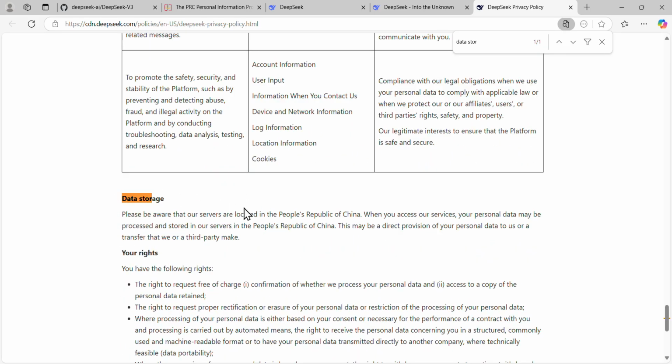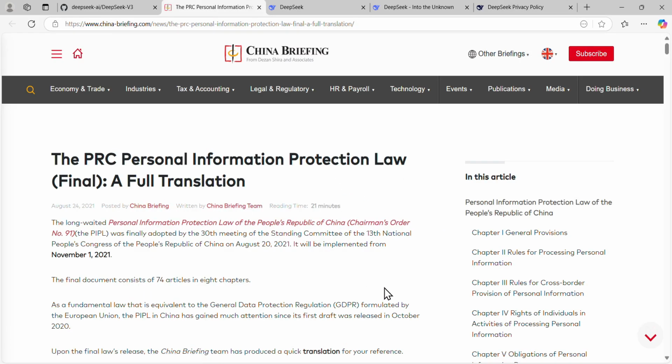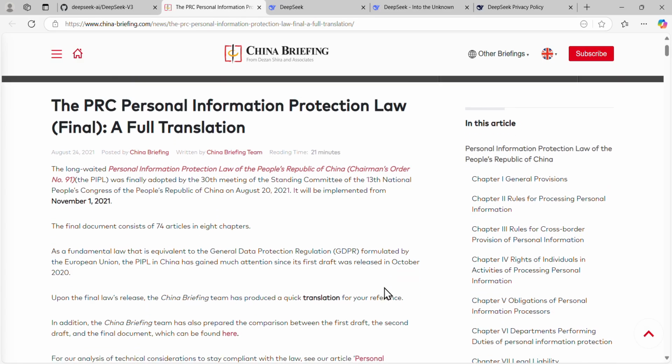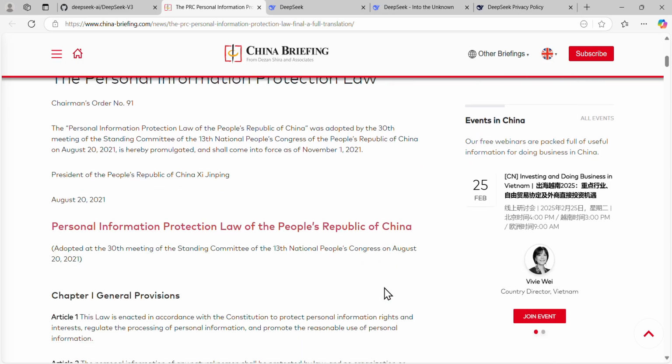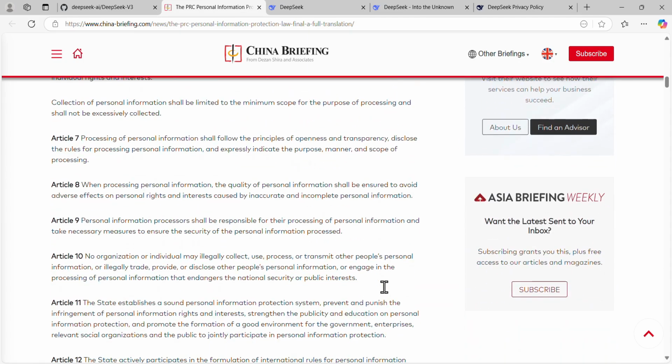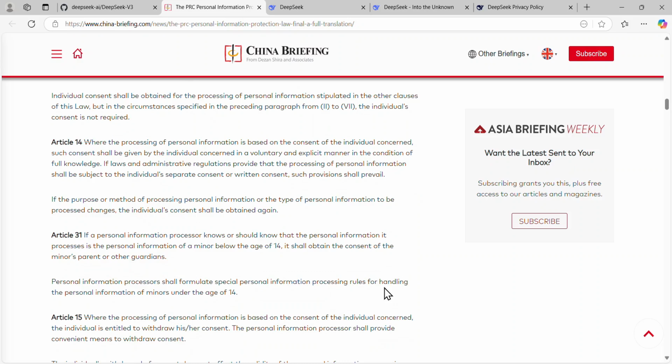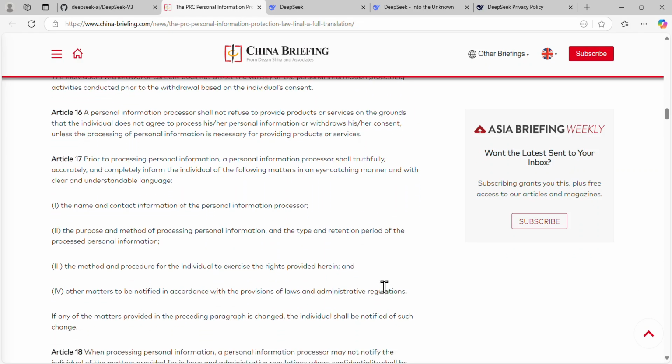So if you go under data storage, you'll be able to see that the data you interact with DeepSeek is being stored in China. It says, please be aware that our servers are located in the People's Republic of China. Though China has data privacy laws like the PIPL, the Personal Information Protection Law, that talk about how your data is collected, how it's stored, and who can have access to it,